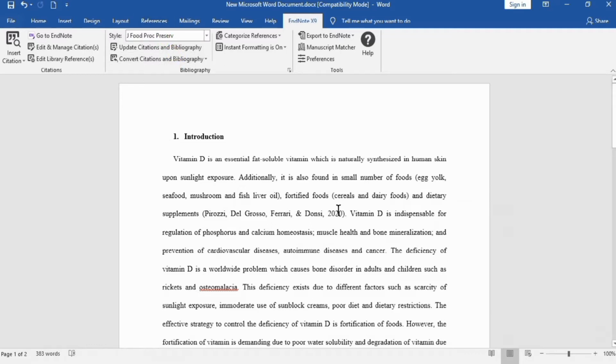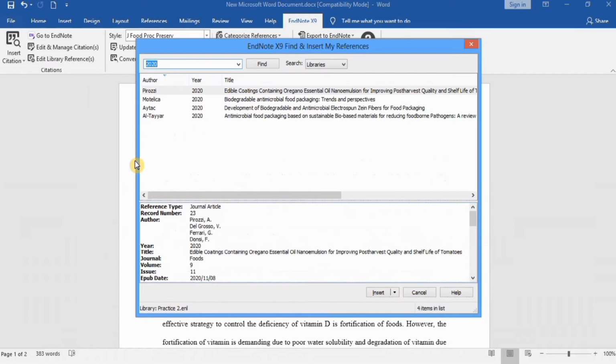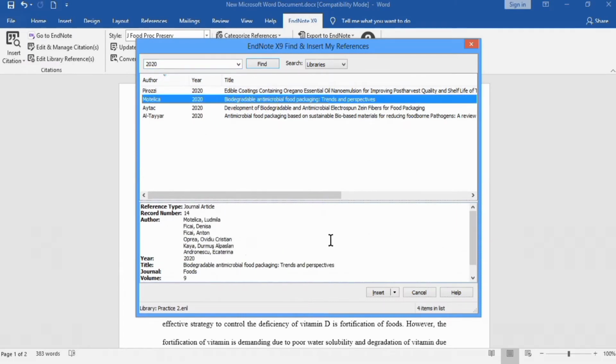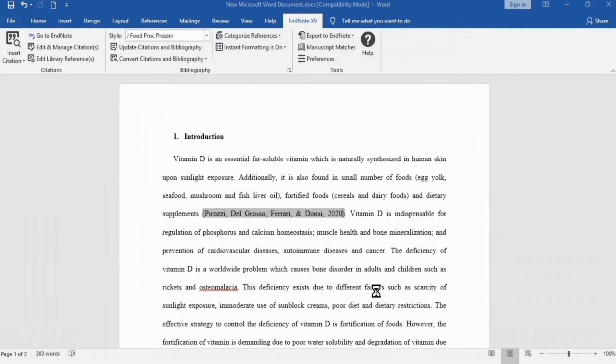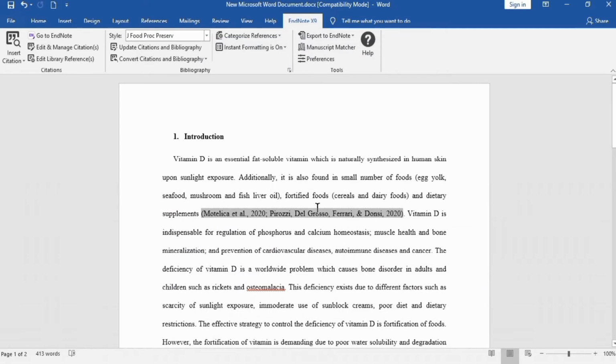style. If you want to insert another references here along with this reference, simply go to insert citation, and if I want this one, click insert. You can see here both references are present here, and these are also arranged alphabetically.